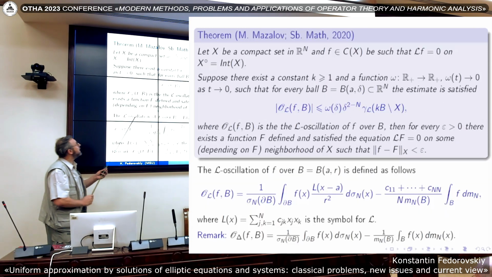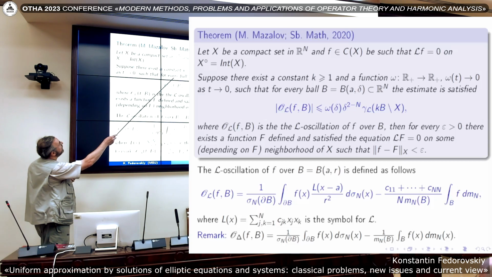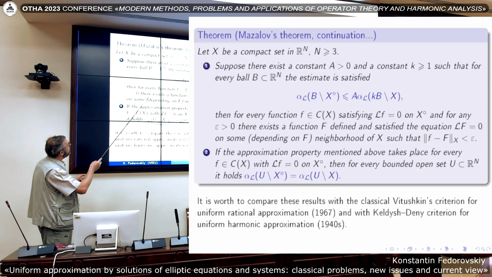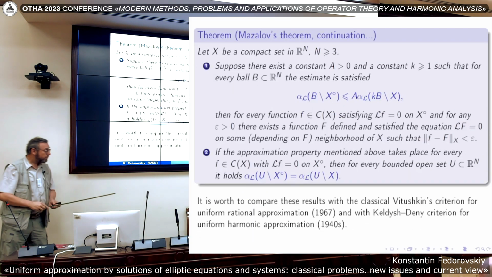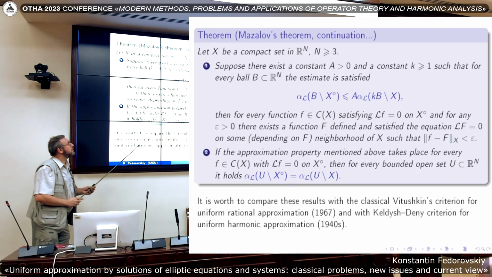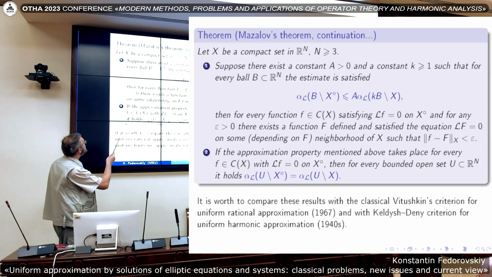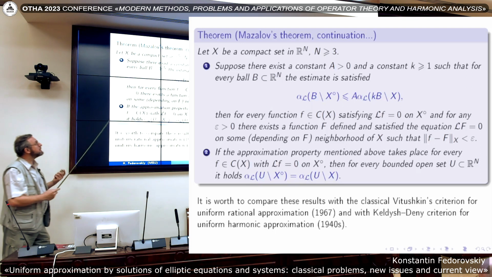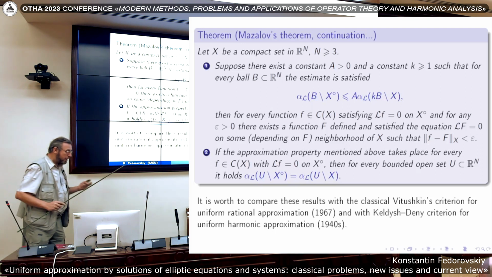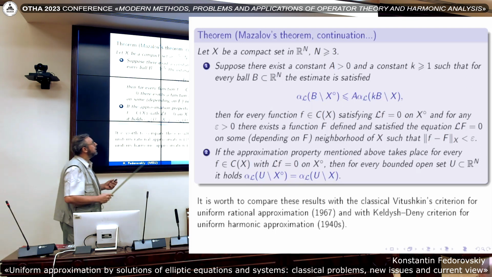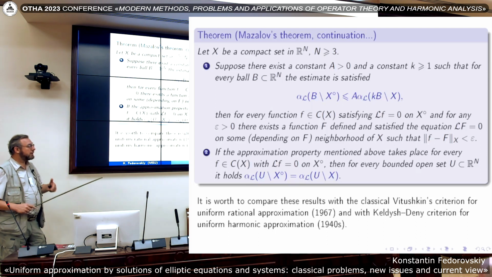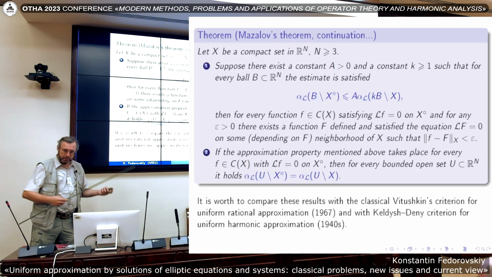You see that here we're working with an individual function. And now we ask the standard question also in this direction: what are the conditions on a compact set X under which any function which is continuous on this compact set and satisfies the equation in its interior